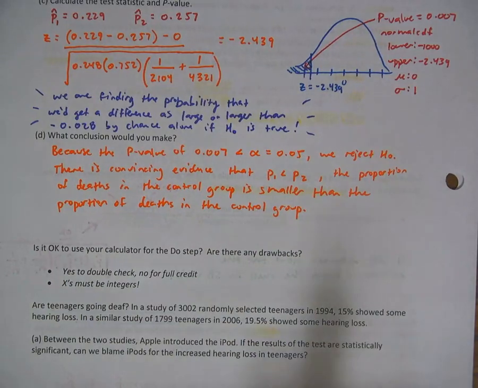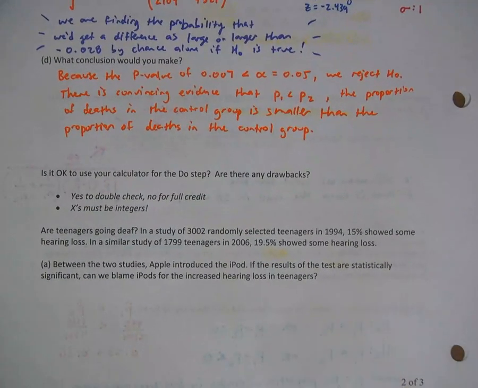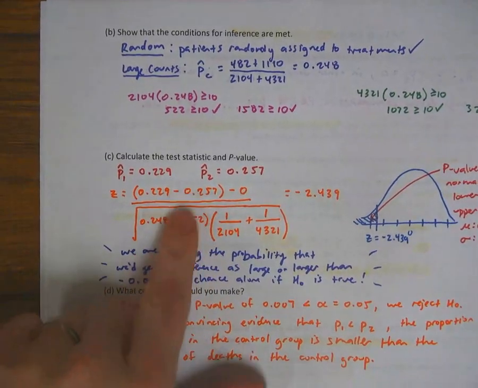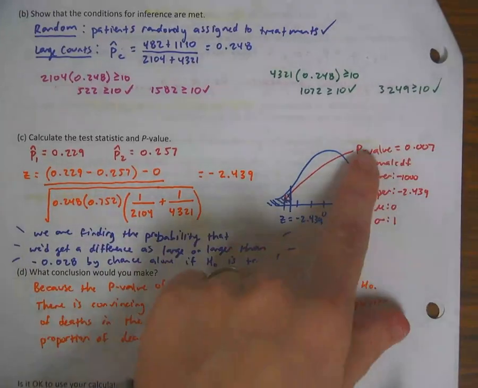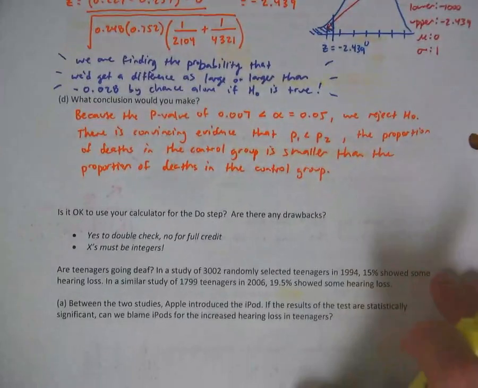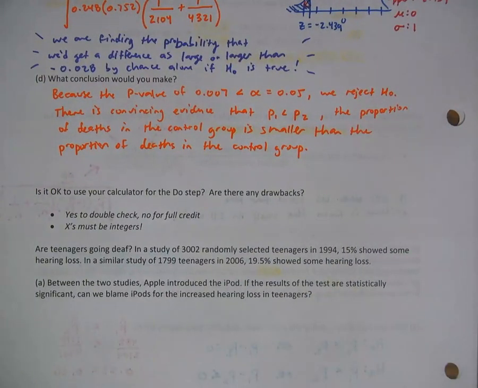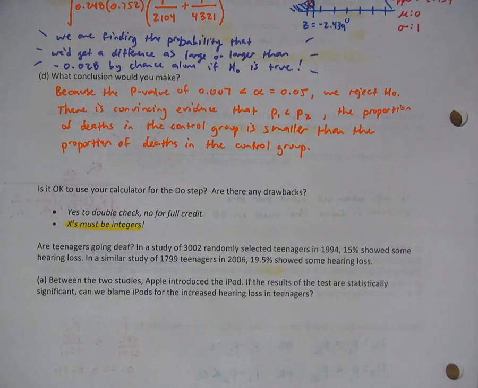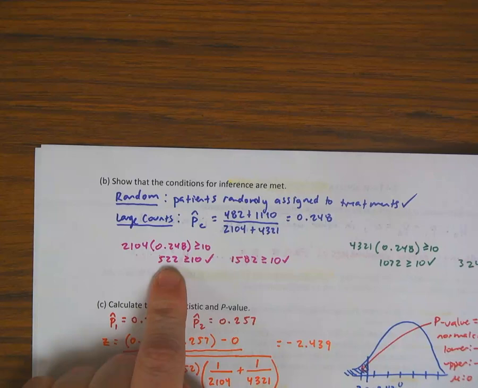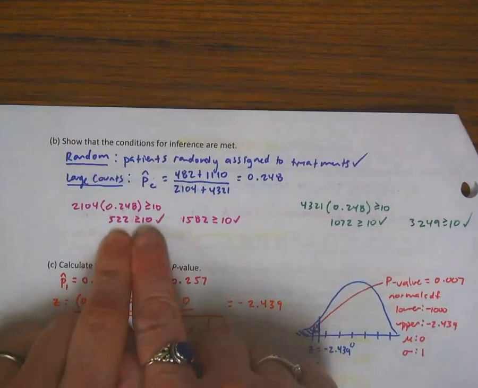Okay, let me show you how to do something in your calculator. Is it okay to use your calculator for the do step? Obviously you can. Be sure that you understand, once again, you have to show the whole rigmarole of you plugging into this formula and the steps that you're using to find the p-value in the calculator. There's no way around it if you want full credit. Double check and be sure that, when you put successes and failures in the calculator, they're integer values. That's why we rounded here instead of putting 522.3. We went ahead and just rounded to the nearest integer because I've got all of this ready to go